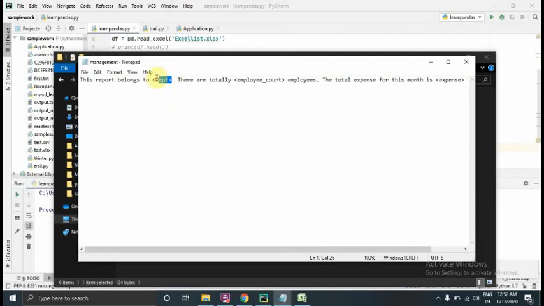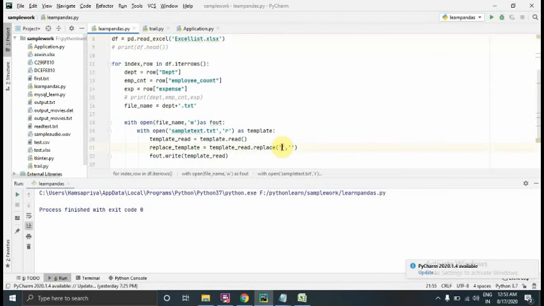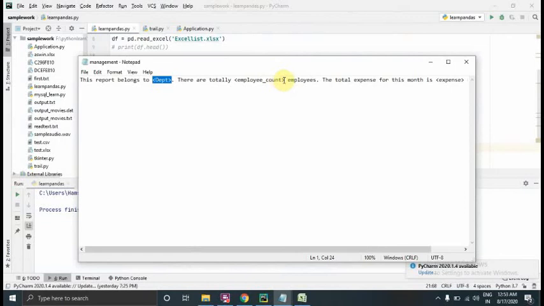So this is the existing value. Instead of the department placeholder, I want the respective department. I have already assigned a value department and it reads the value department from the data frame. So we are going to pass the argument here. Similarly, for replacing employee count,